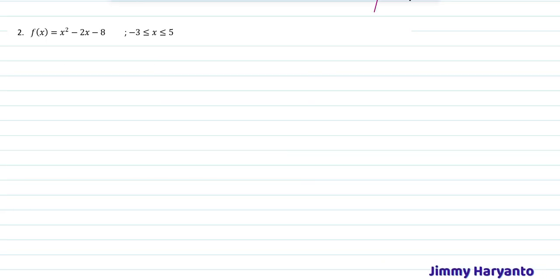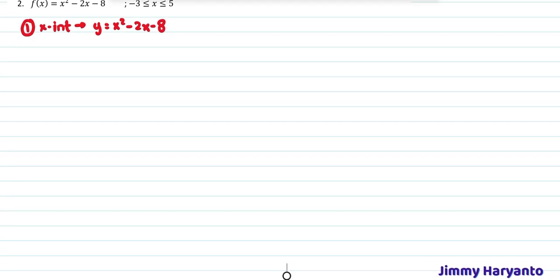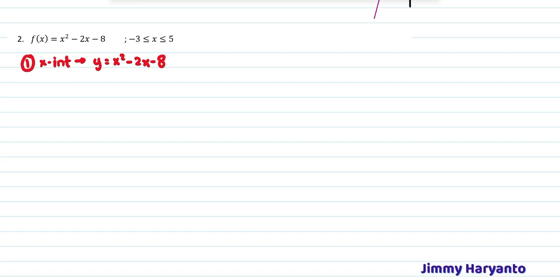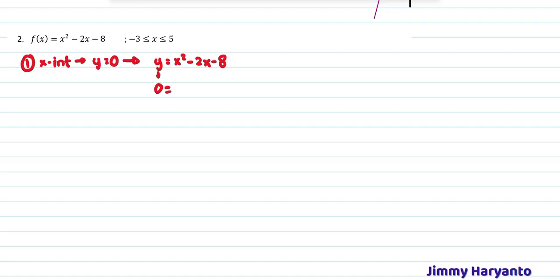Next, I will show you how to draw a quadratic. Still the same, the first step will be the x-intercept. For the x-intercept, you have to make the y equals 0. So the rule says x squared minus 2x minus 8. You can change the f(x) into y directly, and then, wait, let me write down the formula first. For the x-intercept, the y has to equal 0. That means this y will become 0 later. So x squared minus 2x minus 8.